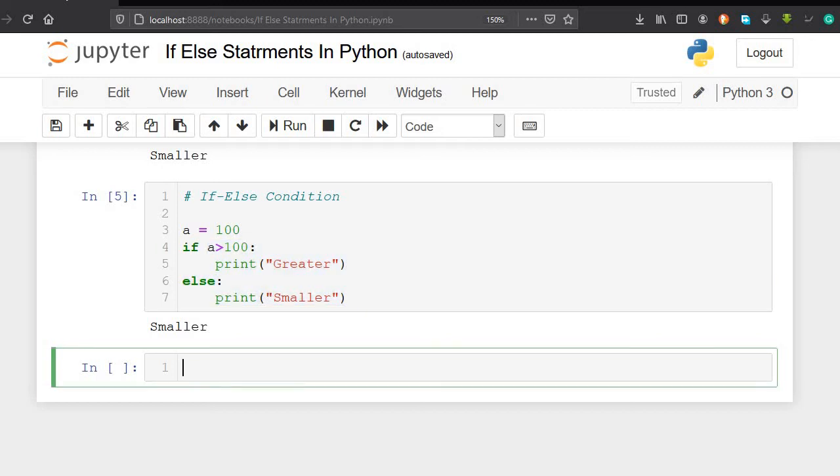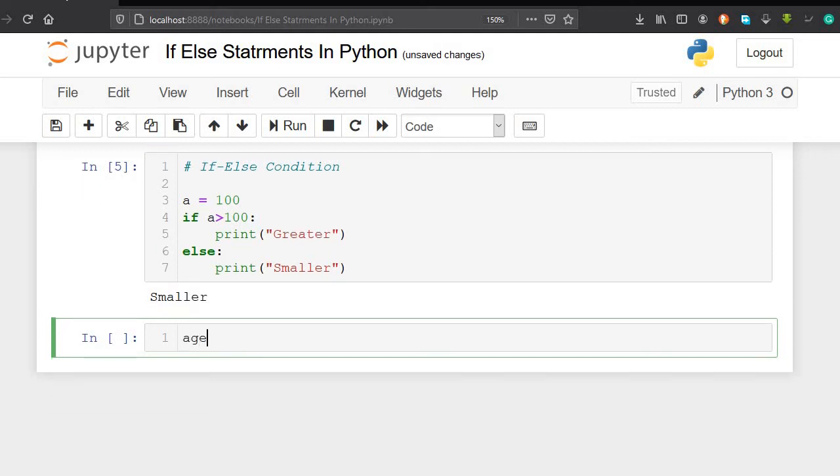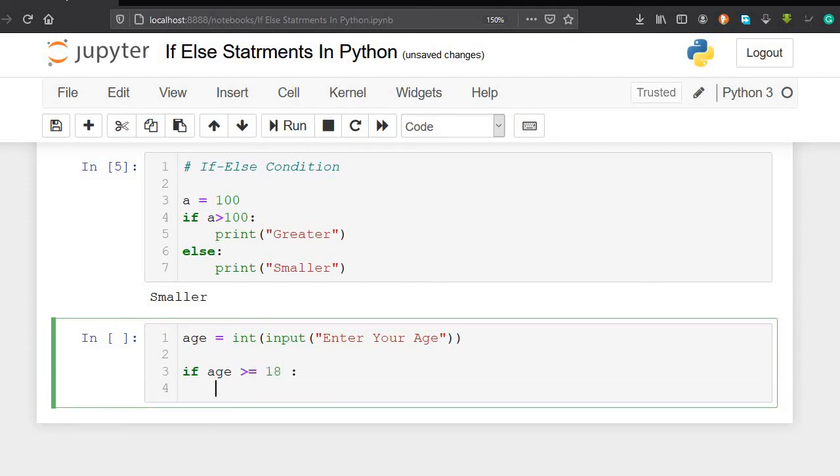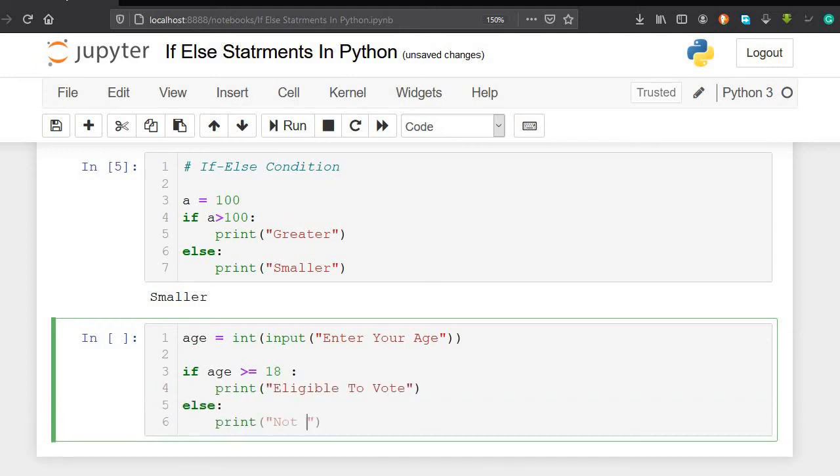Now let's try to check if a person has a valid age to give a vote or not. So let's take a variable age and take input from the user, enter your age, and let's check here if age is greater than or equals to 18. So the valid age to give a vote is 18. So we are checking here if the age is greater than or equals to 18, then print eligible to vote, else print not eligible